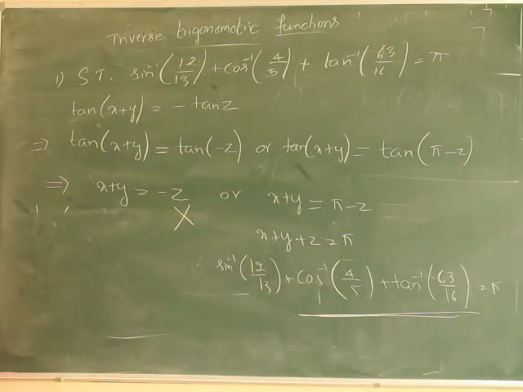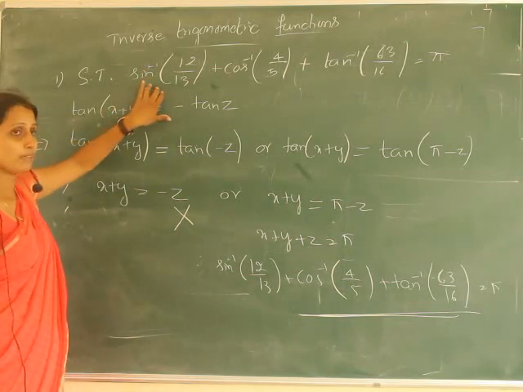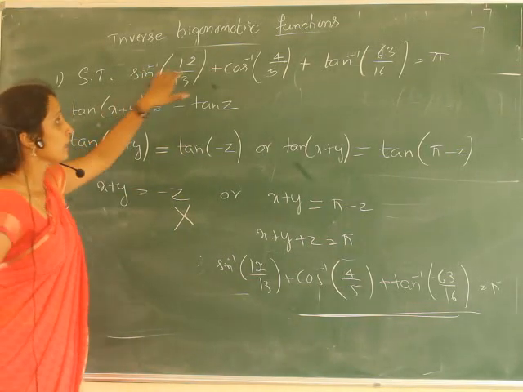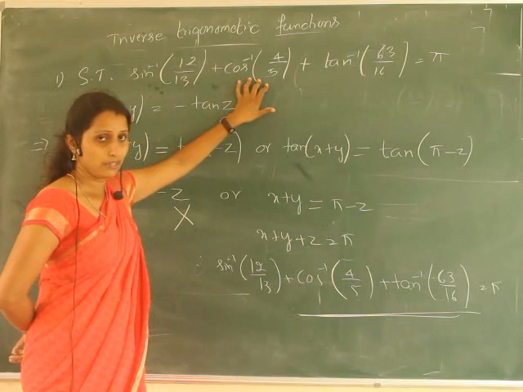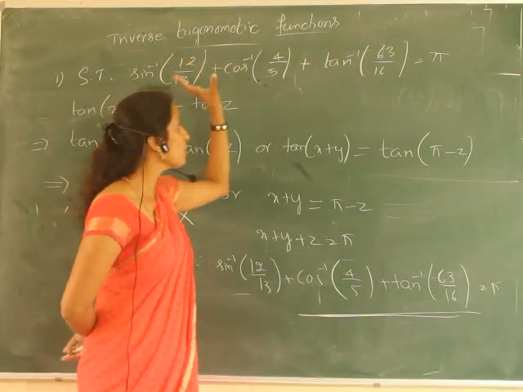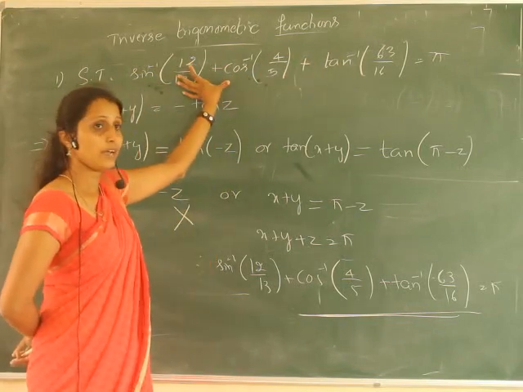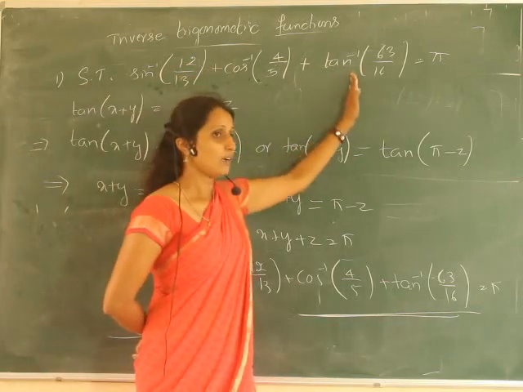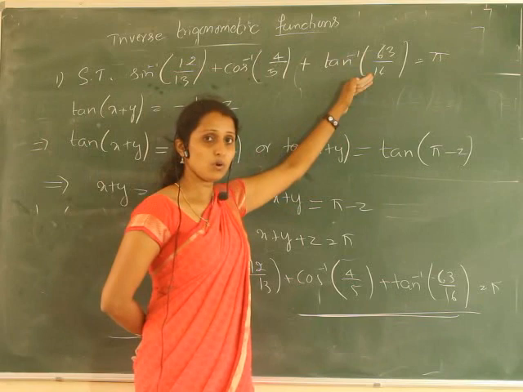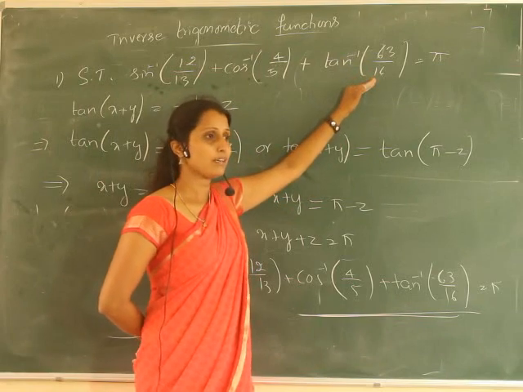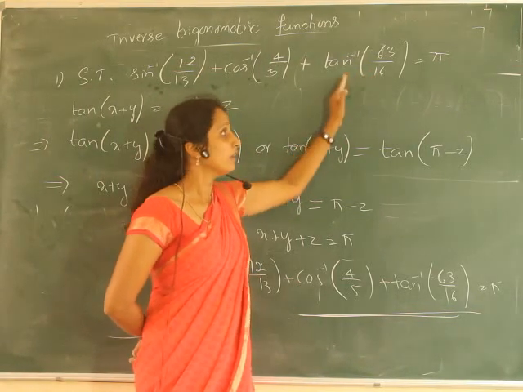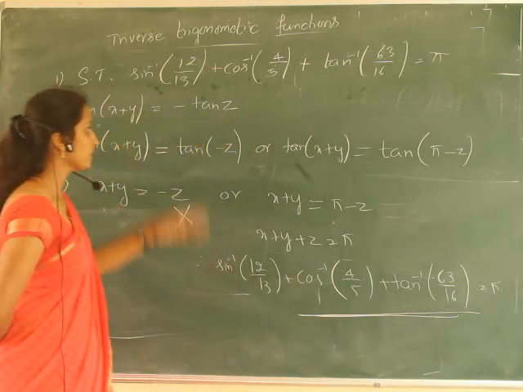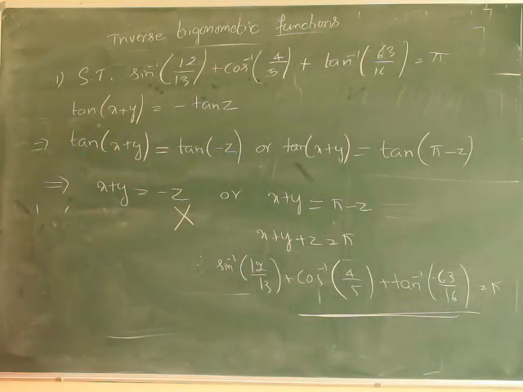Or one more thing: see here it is sine inverse 12 by 13. Convert that to tan inverse. This one also we can convert to tan inverse. Anyhow, it is in tan inverse. So first take two terms and apply the tan inverse formula and we get one more. After getting that, again take one more. Simply apply the formula tan inverse x plus tan inverse y. Then finally we will get the value of pi. Either you can solve by that method or by this method. This problem is also a very important one.